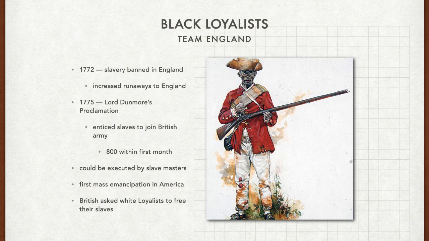A number of American slaves believed that King George III was on their side, and some began to run towards their freedom in England. While tensions rose leading up to the American Revolution, colonists began to fear an English-led slave rebellion, which the British began to see as an advantage. In 1775, Lord Dunmore, the royal governor of Virginia, issued his own proclamation calling for all able-bodied men, including slaves, to join them against the Patriots.